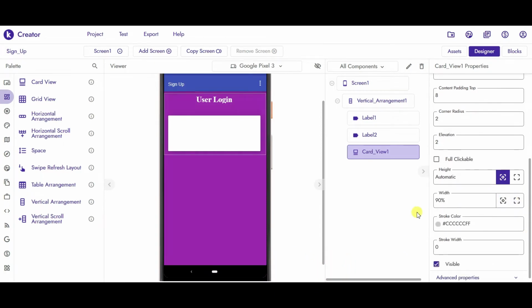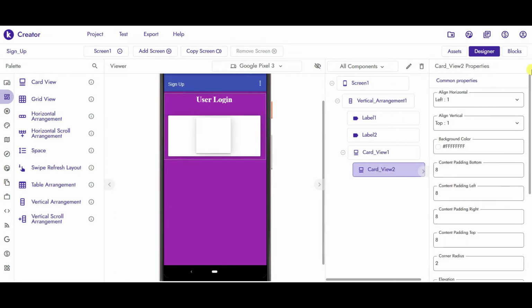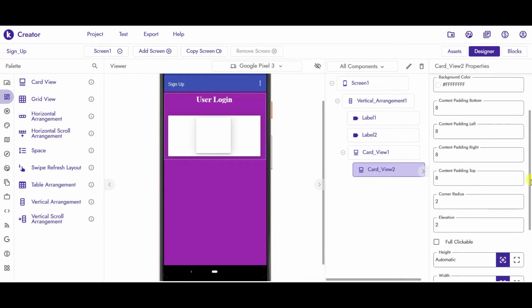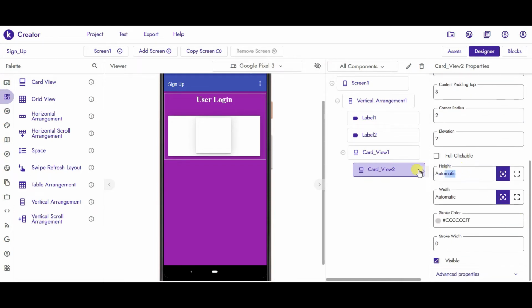Now, just take another card view inside the card view which we had taken and set the alignment to center. Set the height of this card view to 20% and width to 90%. Now drag one text box in the second card view.